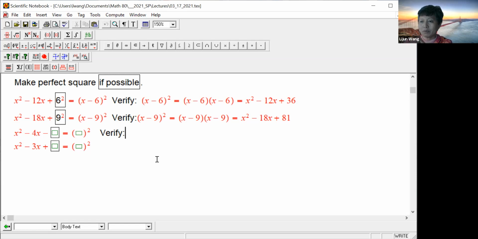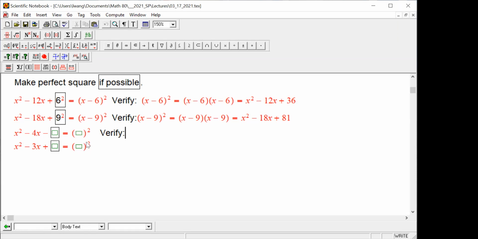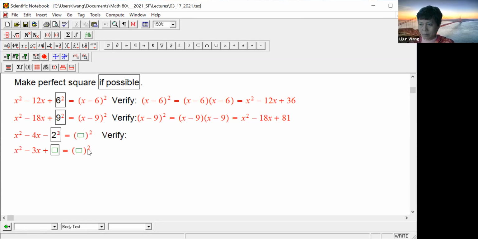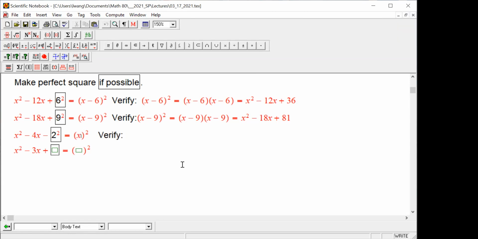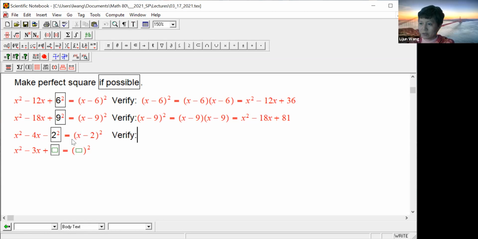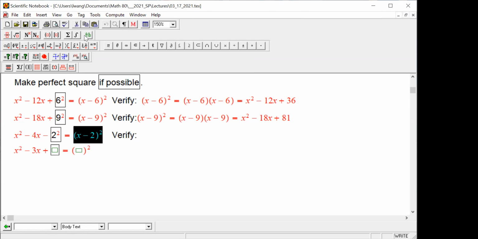Okay, so that's answer number 3. Anybody? 2 squared? Is that what you're saying? All right, what's in the parentheses? X minus 2 squared. So did you verify? What did you get? You'll get X squared minus 4X plus